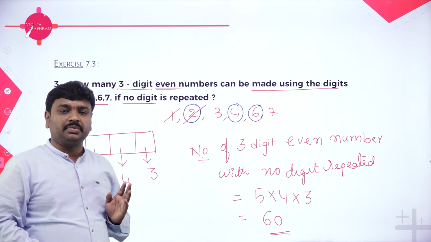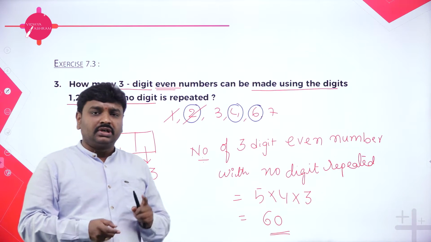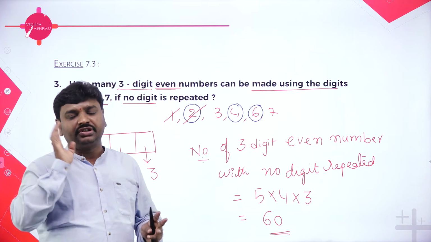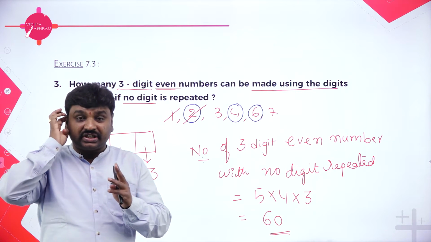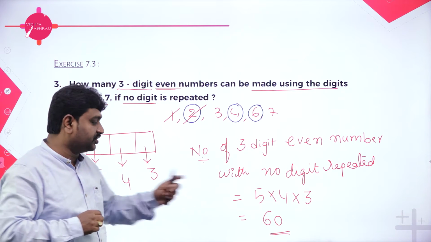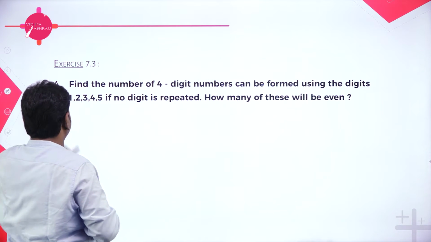How many even numbers are possible? 60 even numbers. What are the rules? They should be even, they should be 3-digit, and no digit should be repeated. So we'll get 3-digit even numbers without repetition of digits, that is 60 different numbers. Next,